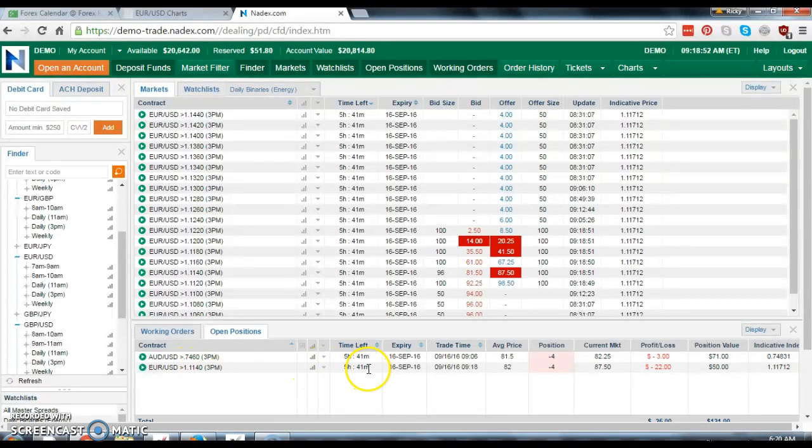5 hours and 41 minutes left in the trade. We paid, the sell price was $82. So it cost us $18 per contract. I bought 4 contracts. It was about $72, I think, for them to make 400. And as you can see